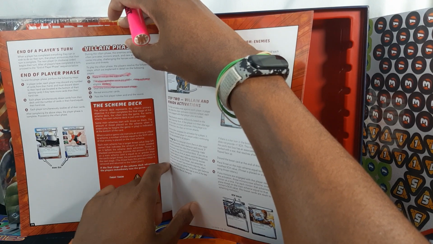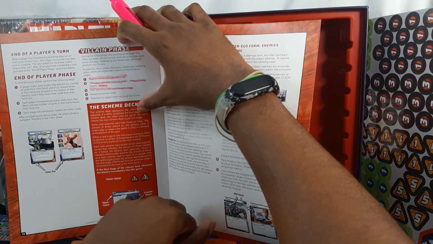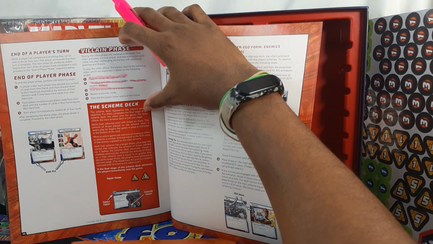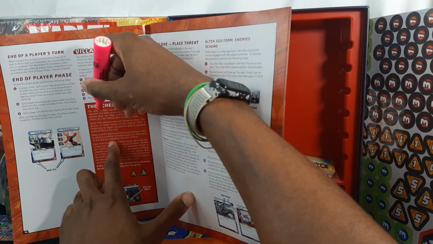The scheme deck represents the villain's main primary objective. If a villain completes the first stage of the scheme deck, the villain wins the game. For some villains, the main scheme deck is just one stage. If a villain completes the final stage of the scheme deck,